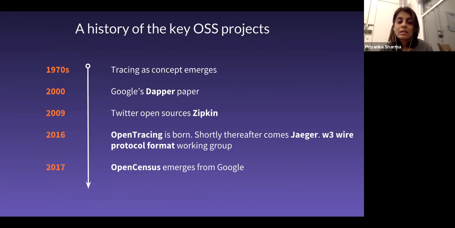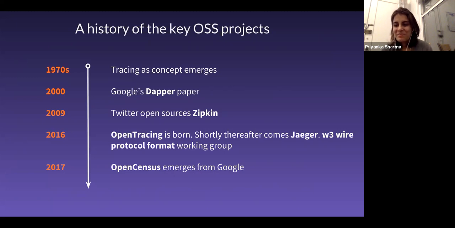Now, tracing as a concept has been around since the 70s. There was a lot of academic research on it, lots of papers written, etc. Google's Dapper is one of the first implementations in industry, at least ones that we talk about and discuss. And primarily this is because Google released a paper on Dapper, which, as I discussed, came out in 2010, which described the methodology that they used to build Dapper. This paper was pretty seminal.